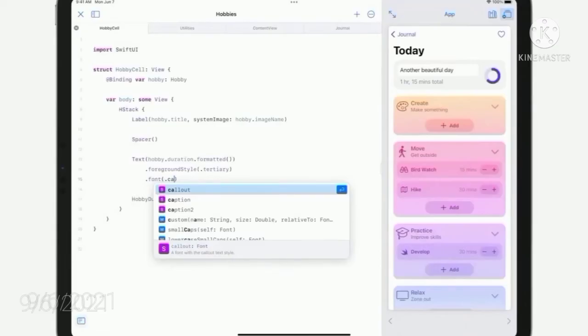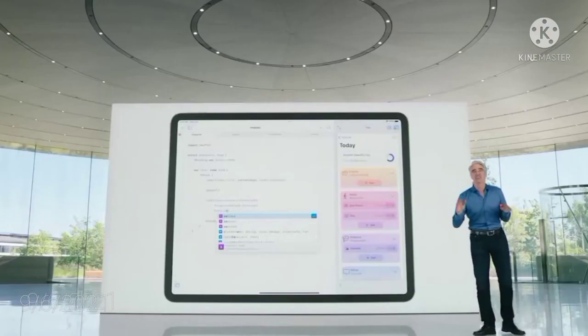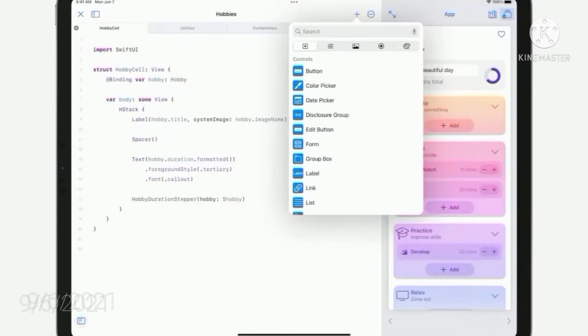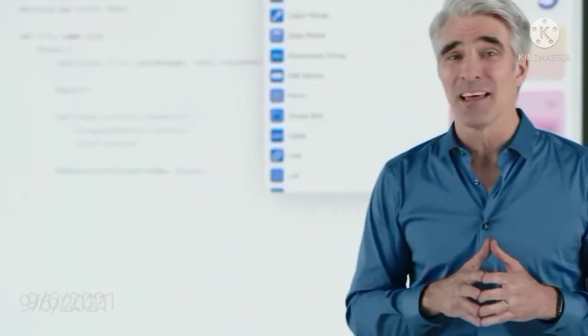Swift Playgrounds now supports improved code completion, so you can just start typing and quickly add the suggestion to your code. You also have access to the whole library of UI components and the documentation to go with it. And if you're new to app development, there's a guide to